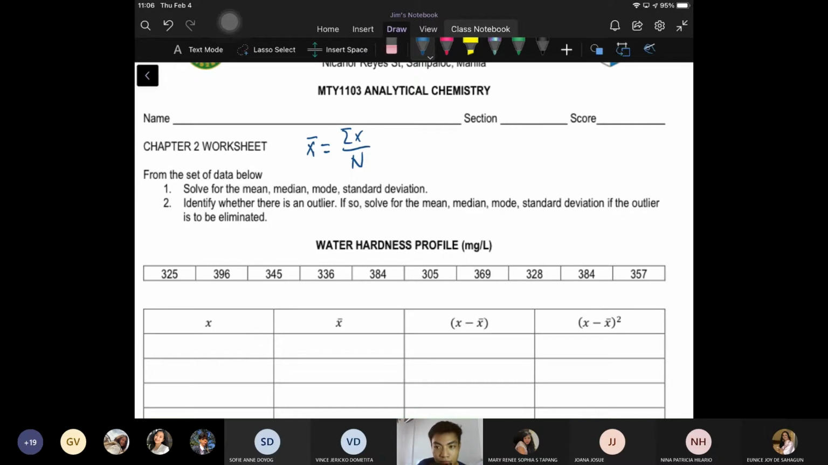Yung median, ano yung median? Ito yung panggitnang value. And then lastly, you have your mode, ano yung pinaka nauulit kung meron. And then standard deviation. So dalawang equation lang kailangan natin. So standard dev is equal to the square root of